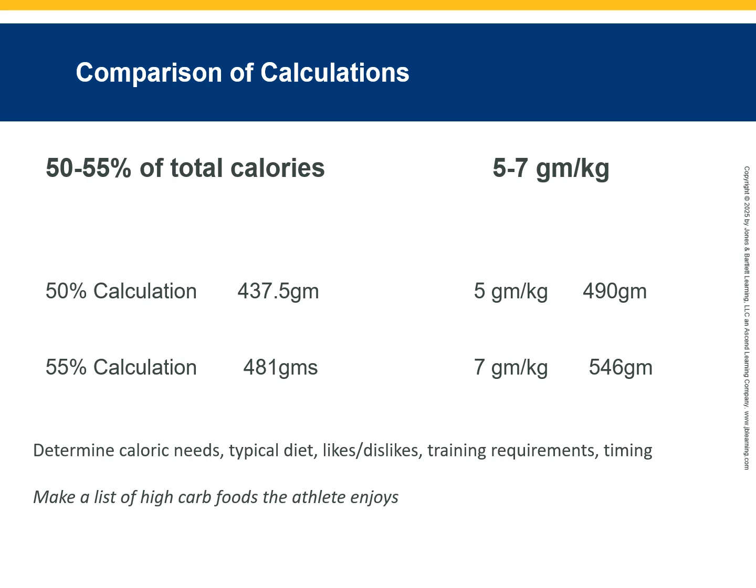So what we need to do is compare our methods, and we want to know what the typical diet is. We want to make recommendations about what somebody likes and dislikes. If somebody hates lentils, we're not going to recommend lentils. We also need to know when they're training. If they're tapering, their caloric intake is going to go down. We will want to make some adjustments. And timing has to do with when the exercise occurs, especially for long endurance, we want to make sure that the feeding during that activity is maintained.